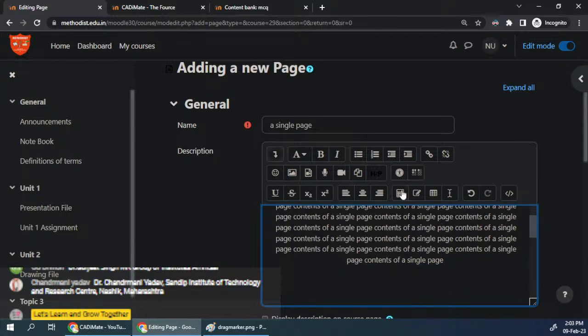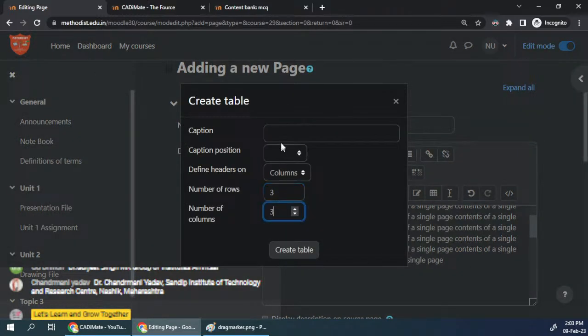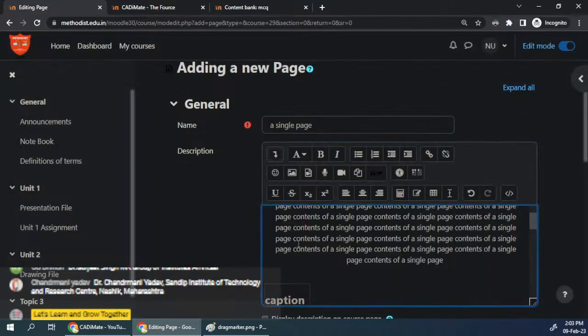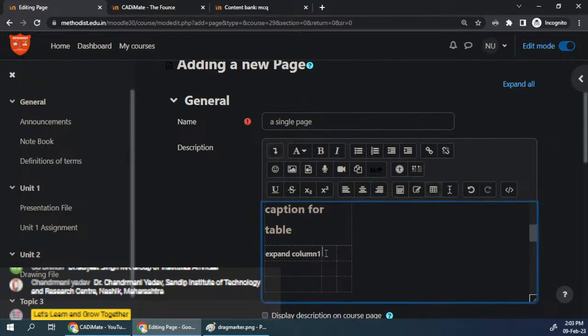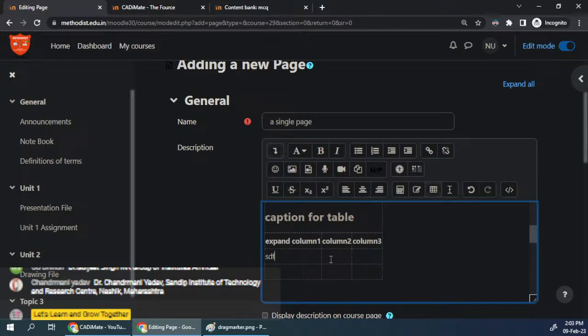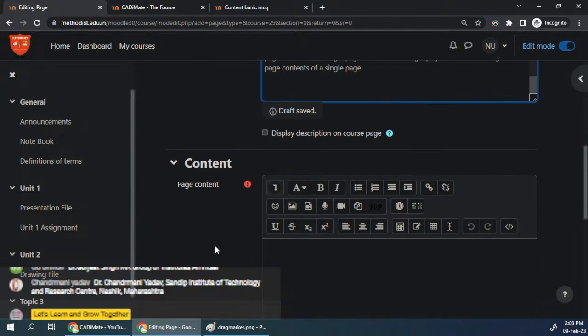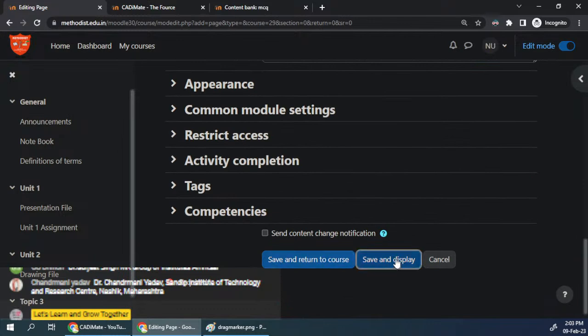You can also insert tables, not here, this is equation. So if you want table, you can click here, how many rows and columns you want. If you want a caption for tables, you can just do that and create a table. It's going to be initially appearing like this, but it will expand, right? Expand. So this is a column one, right? And then we have column 2, column 3, so on. Fine, so we can continue to add stuff in this. This will be appearing like a table. Okay, so when we save it, save and display,